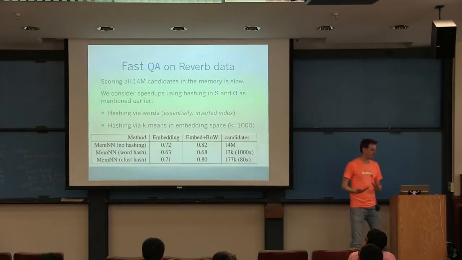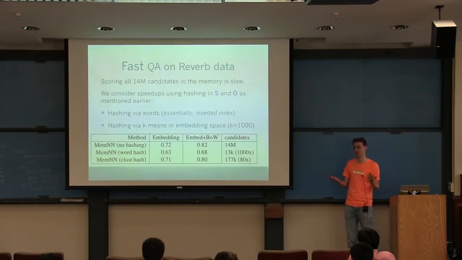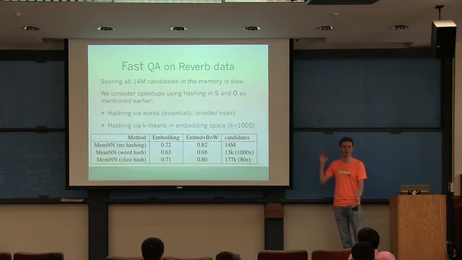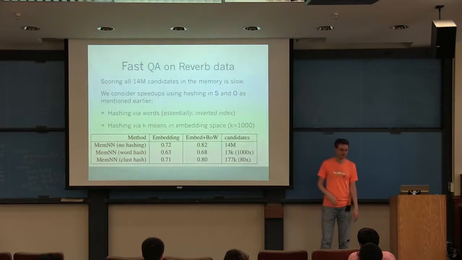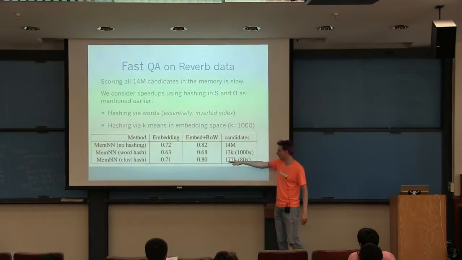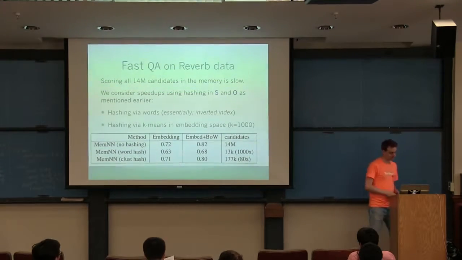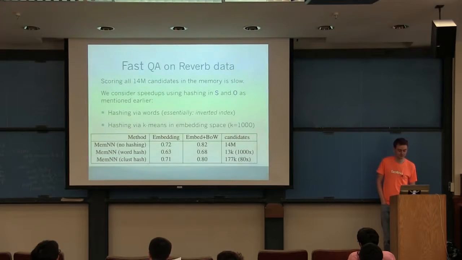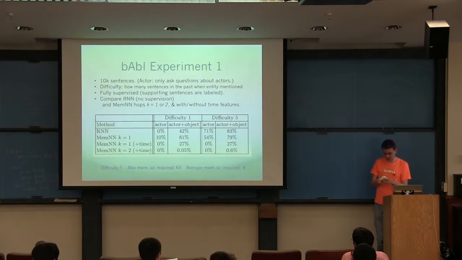Basically the story there is there should be some classic ways to cut down the search space over the memories, to try and find a pre-filtering that finds the relevant ones. I guess this one's a bit more than a pre-filtering because we actually used the embedding space that we learned to find the good clustering. So it's a little bit smarter. So that was the hashing.